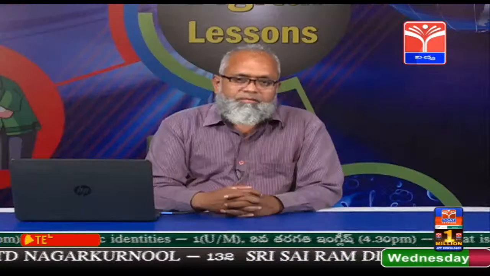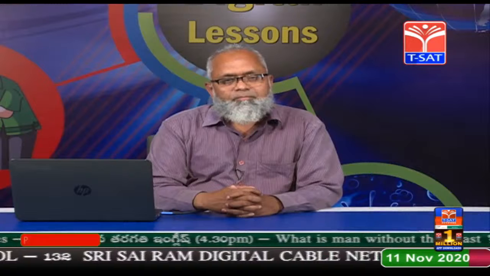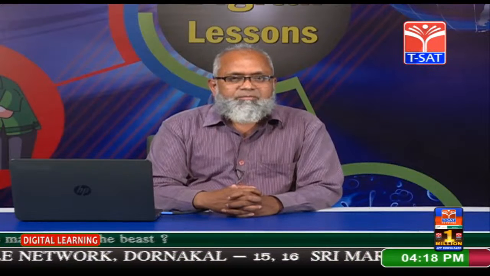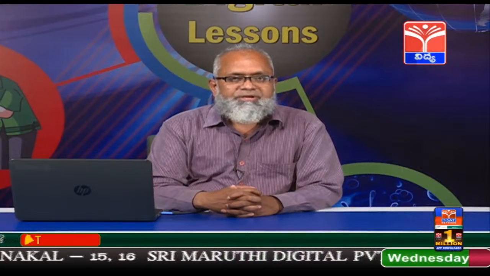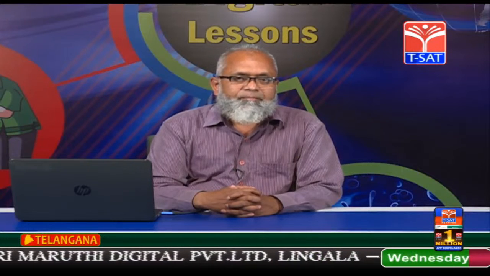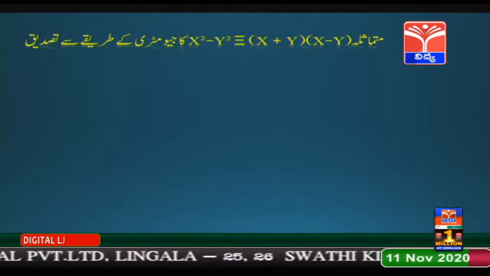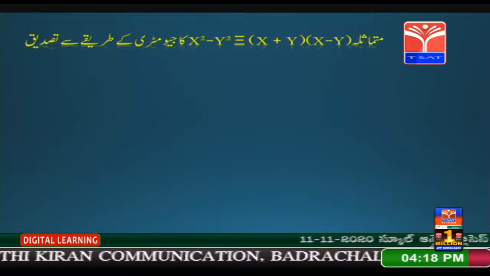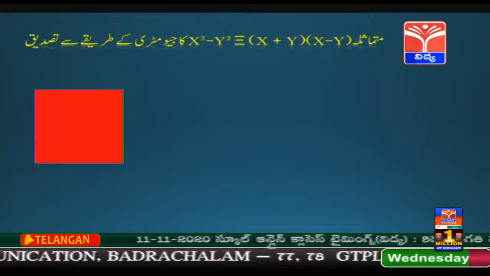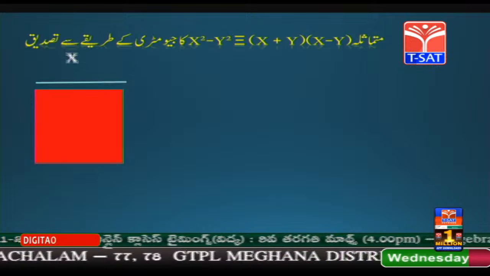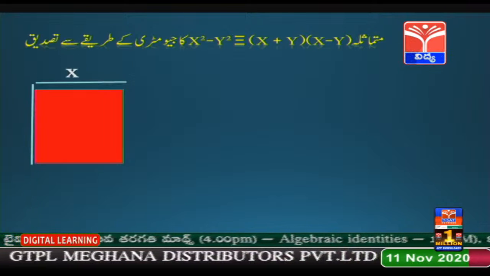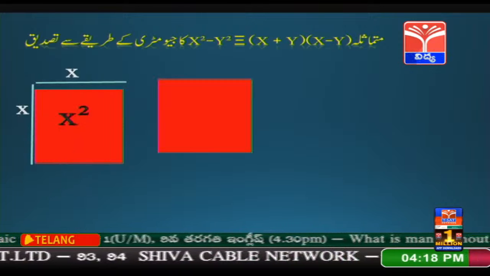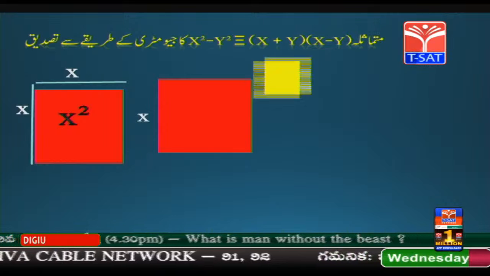ज्योमेट्रियाई सबूत। आइए बच्चों एक और मुतमासिला, x की दूसरी माइनस y की दूसरी मसावी है x जमा y ज़रब x माइनस y का ज्योमेट्रियाई सबूत का मुशाहिदा करेंगे। मुतमासिला x की दूसरी मसावी है x जमा y ज़रब x माइनस y का ज्योमेट्री के तरीके से सबूत। ये एक मुरब्बा लिया गया है जिसका ज़िला x है, तो दूसरा भी ऑटोमेटिक x होगा, इसका रकबा क्या होगा x की दूसरी। इसी को बाजू में कॉपी किया गया है,